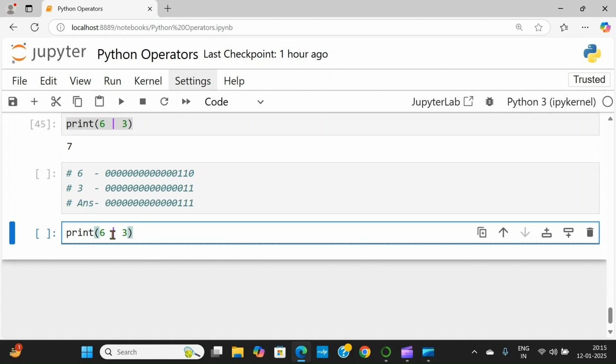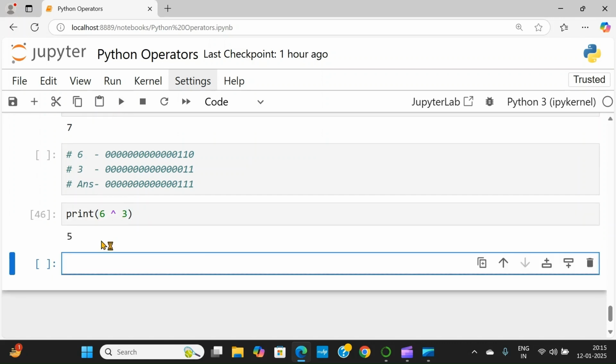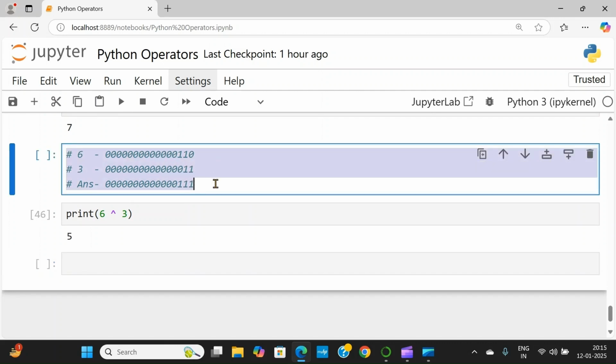6 exclusive OR, no? You need to put not this exclusive or, you need to put like this and just execute, and you get 5. Now how are you getting 5? Now here if you take the same thing,